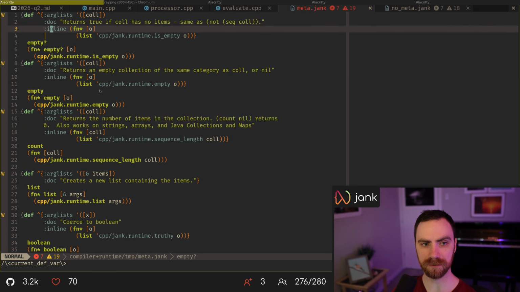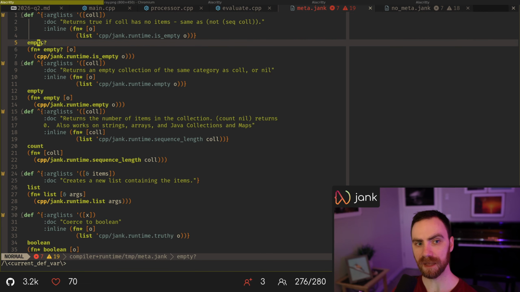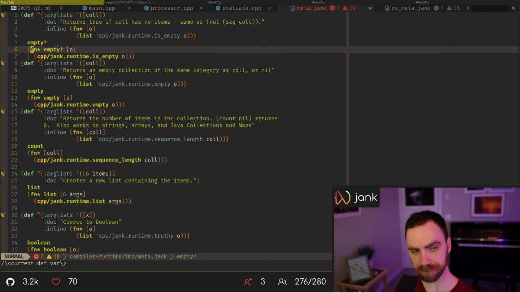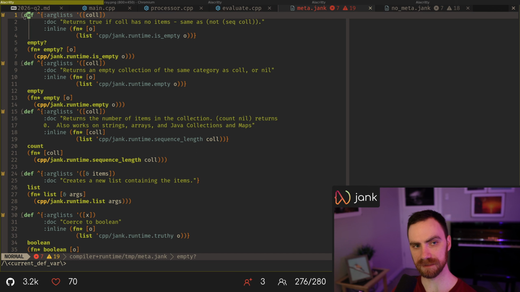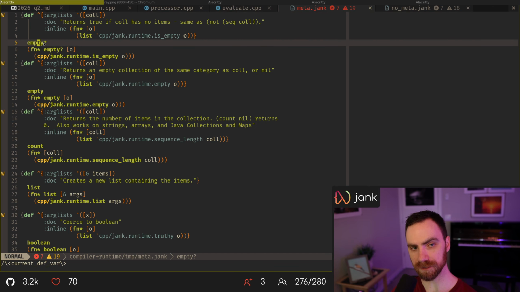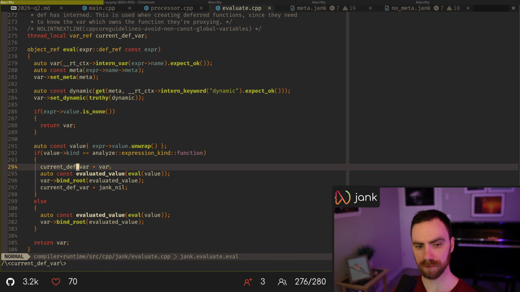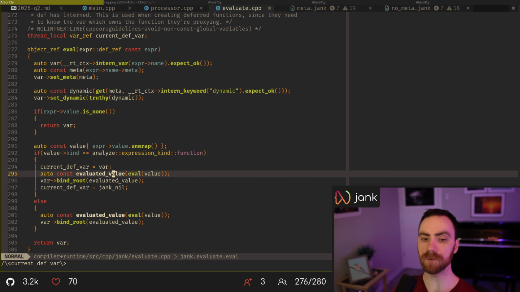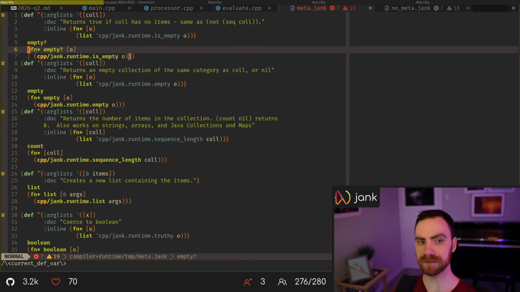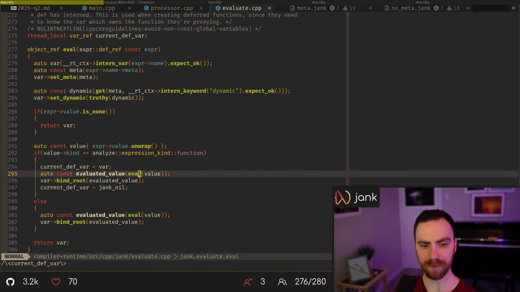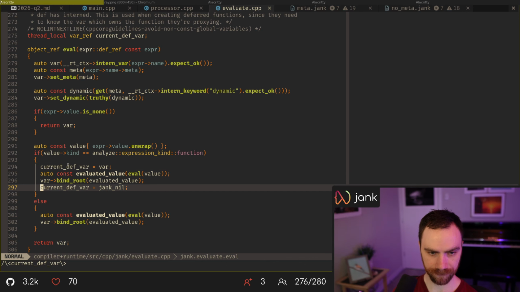And so if you have something like this, where you say def empty? and then some function, we're going to evaluate this def. We're going to intern this var, and then we're going to store right here: current def var is equal to this var that we have. This is for empty?. And then we're going to go evaluate the value. And so what is the value here? Oh, that's this fn*, right? And so what we have is a check